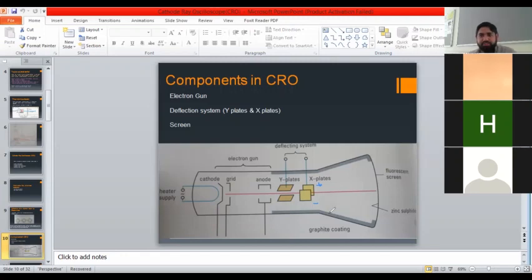अच्छा, अगर मैं स्क्रीन के फ्रंट से जाके देखूं तो beam will be deflecting to my right side towards the positive plate. ऐसे ही? If I look from the front of the screen, beam will be deflecting to my right side. Okay. So we can see that on this diagram.